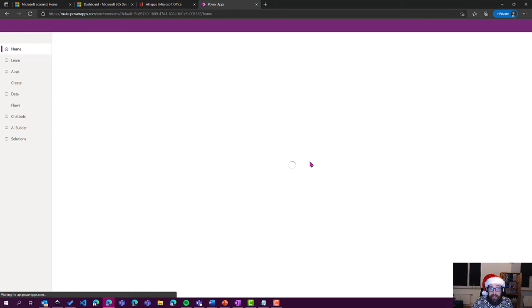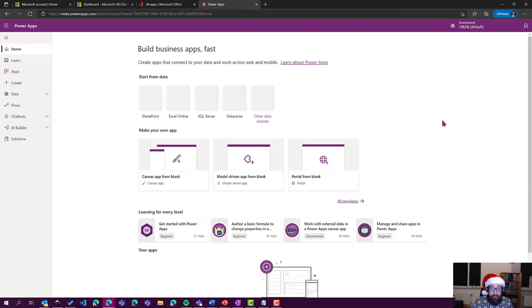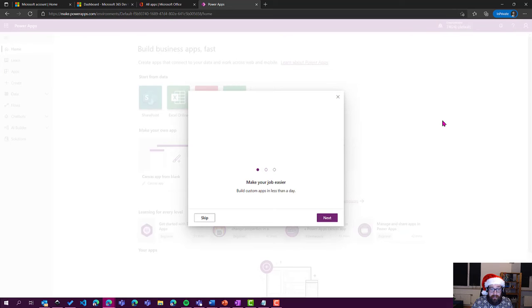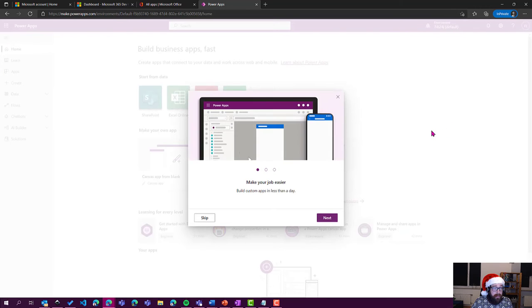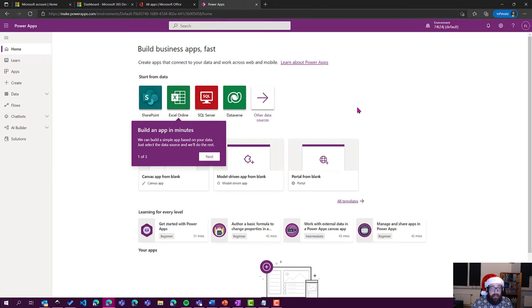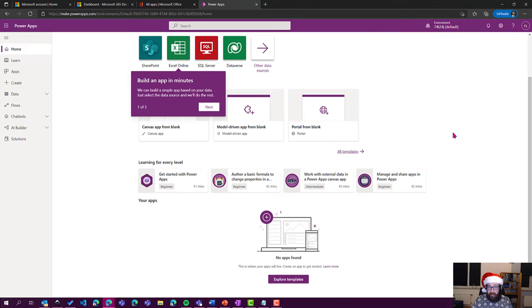Now something is happening. That looks all very promising. Now that looks good, doesn't it? Here we open the Maker Studio for the first time, so we get the tour as well. I will just close this one to see what happens. Now what we can see, we are in the Power Apps Maker Studio. We can see we are in our environment, which is the default environment right now for our tenant, and this